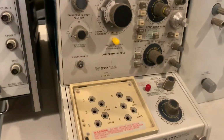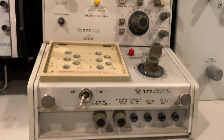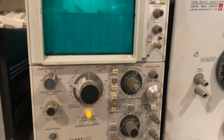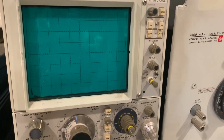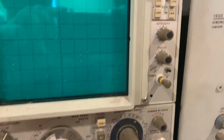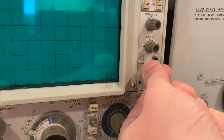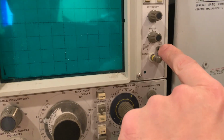Next, we have another Tektronix. Tektronix makes just crazy stuff. I mean, look at this. This looks like the inside of a fighter jet. It's just bizarre. So yeah, anyway, this one has the pull button thing again, and then it's got a beam